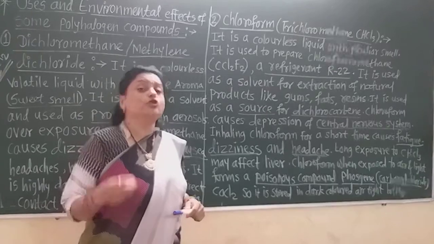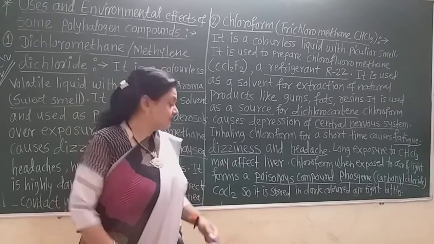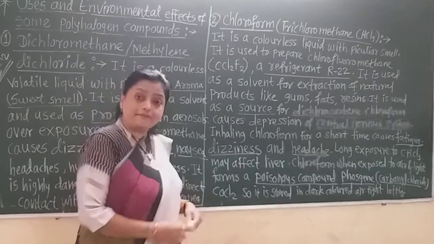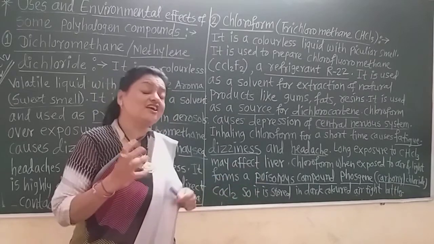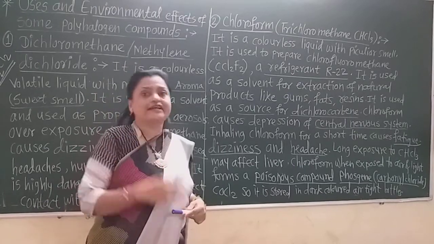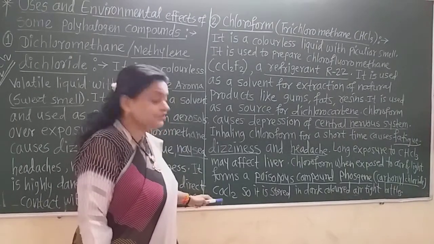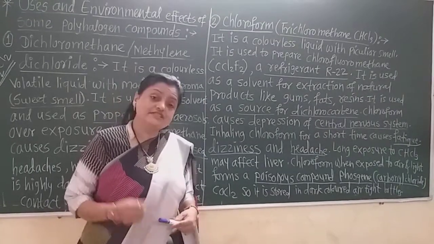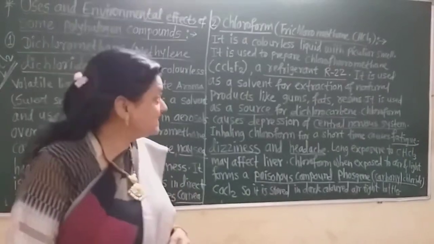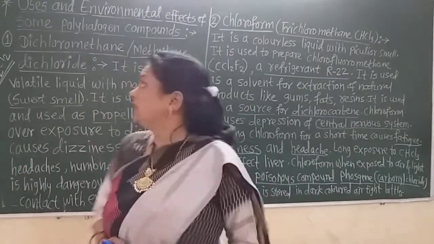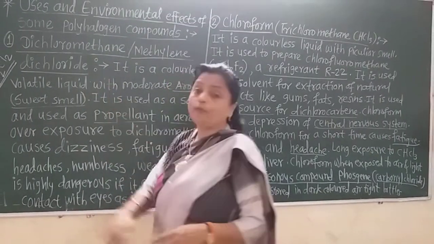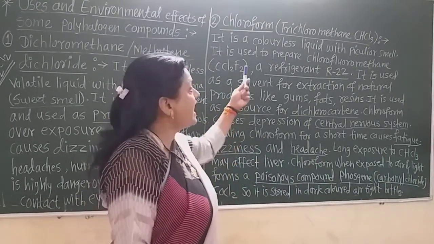If chloroform reacts with the oxygen or air in the presence of light, there is formation of this phosgene gas, COCl2, carbonyl chloride. So it is always stored in dark colored, amber colored, airtight bottles. That means the cork fits very tightly on the bottle, because it forms this carbonyl chloride, which is a very poisonous compound, a poisonous gas called phosgene. Now these are